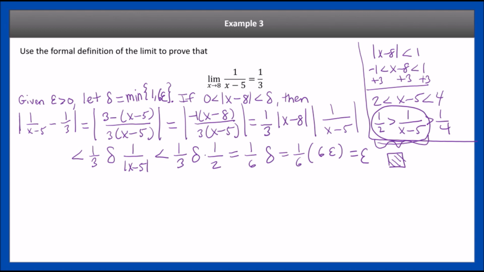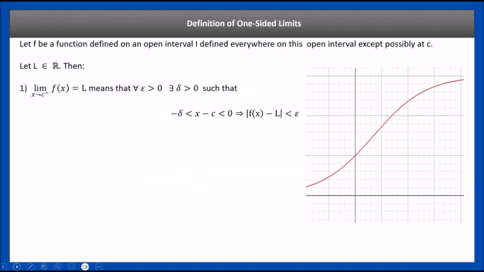Okay, so hopefully that was helpful and you're able to follow that for those 3 examples. So now let's look at one-sided limits. One-sided limits are essentially just half of what we did. So when we did the two-sided limit, we said that we would have to have absolute value of x minus c being between 0 and delta, right? And remember that this is the same thing as saying